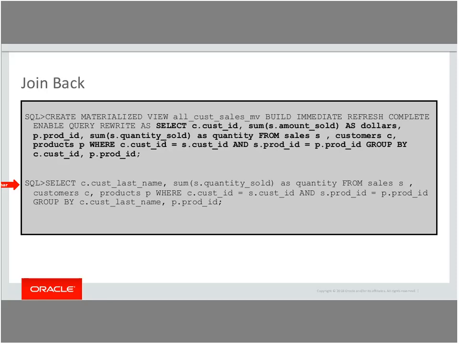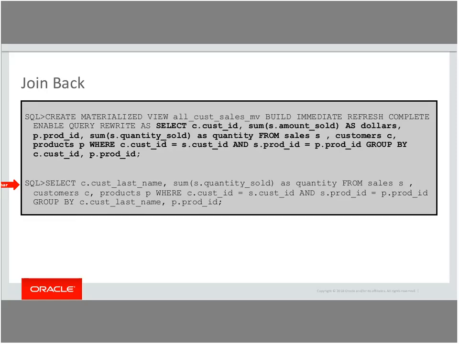This means this query can be rewritten in terms of the materialized view all_cust_sales_mv, which is joined back to the customer table in order to obtain the customer last name column. Since the materialized view is joined back to the master table, this kind of rewrite is called join back query rewrite.